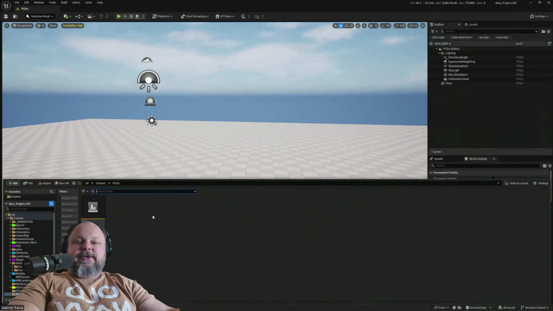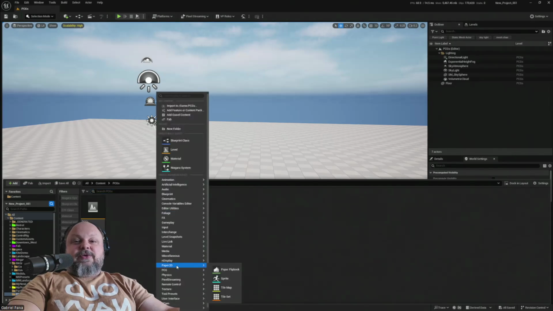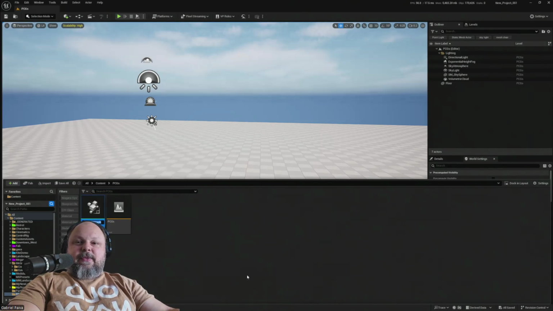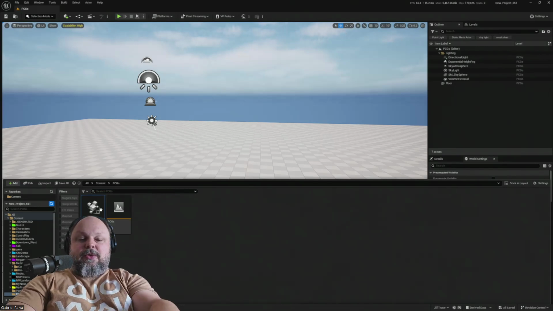So PCG is really easy because it is not like Blueprint where, by the time that we start learning about it, it has dozens and dozens, if not thousands of different nodes and applications. It is really complex. PCG is very early in development, so it's really cool to actually jump on the bandwagon of PCGs, right? Because right now we have just PCG graph instances and PCG graphs, and there's nothing too crazy, right? So let's start with the easiest one, which is the PCG graph. Let's create one of those, and let's call this one